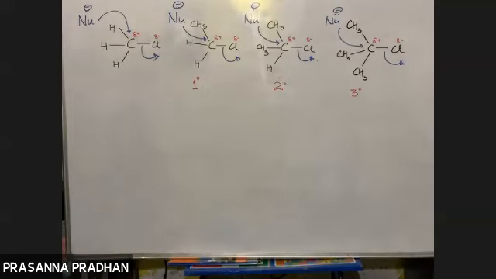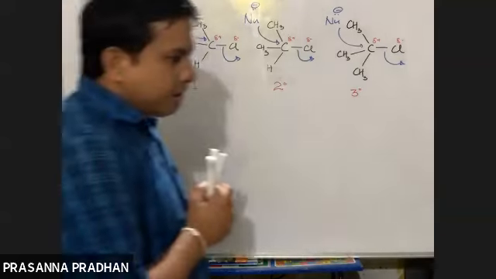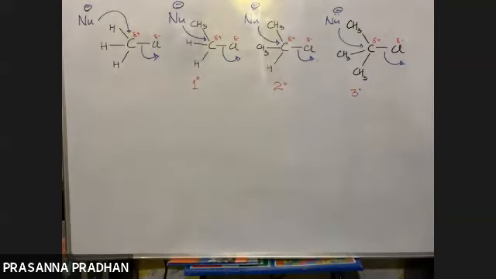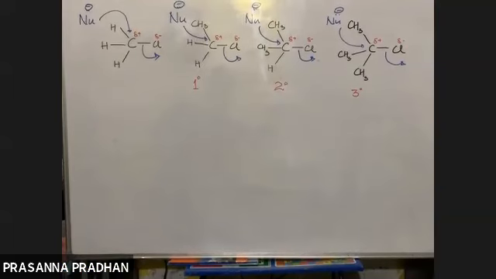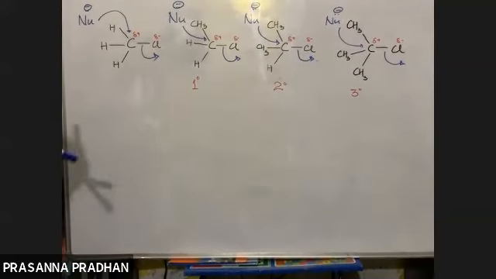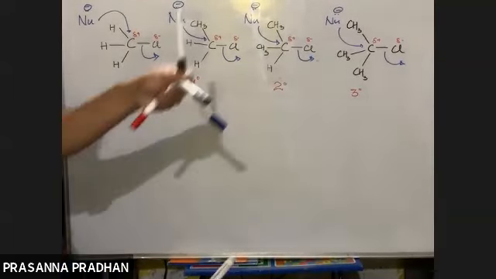So this is the condition. In all 4 cases, the nucleophile is attacking the electron deficient carbon atom. Now you tell me, where is it easiest for the nucleophile to attack the electron deficient carbon atom? 1, 2, 3, 4. Remember, the leaving group is departing from this direction, the nucleophile is attacking from this direction, and this carbon is bonded to other groups.